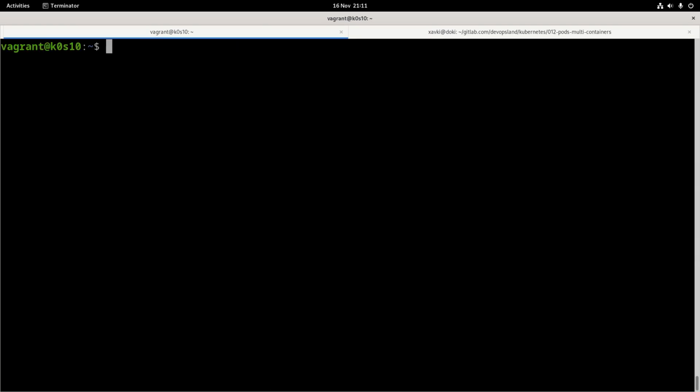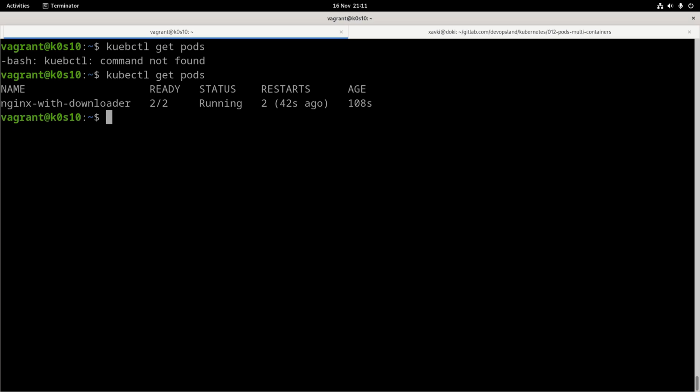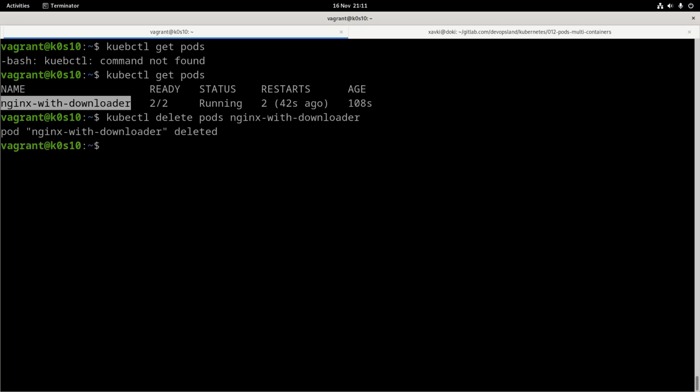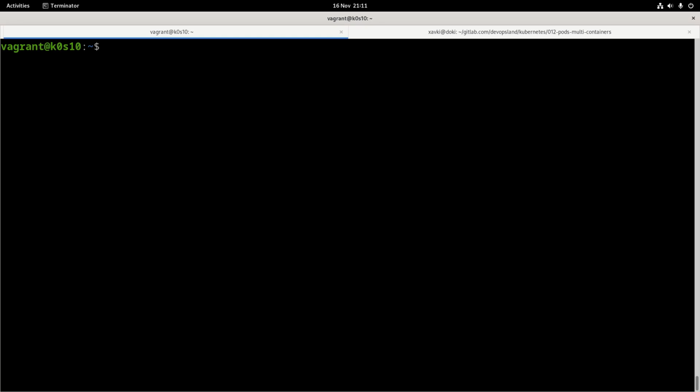That works. Maybe if you want to do a test, you can kubectl delete our pod. So I don't remember the name of the pod, so I can just kubectl get pod, and kubectl delete pod, and I want to delete this one, and we can just make a test. And to do that, I want to run again an apply here. And so we have 30 seconds to test that we don't have an index.html page.